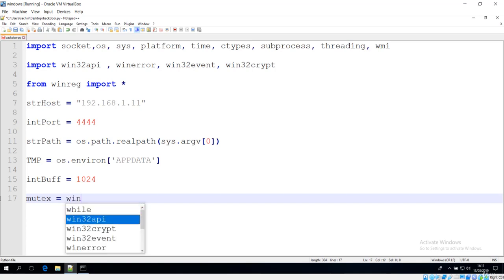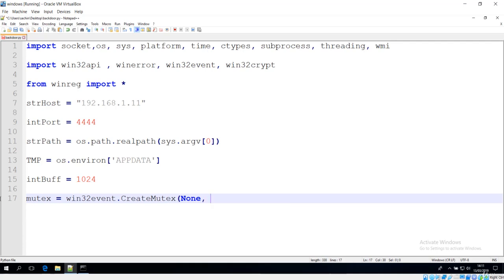So we'll make use of this Win32 event, which is included over there. And now we want to use the create mutex method, and here the parameters are None first, then 1, and the third is your mutex name.